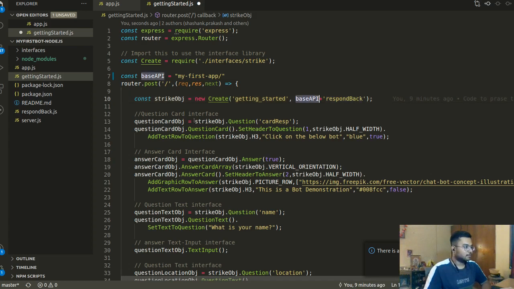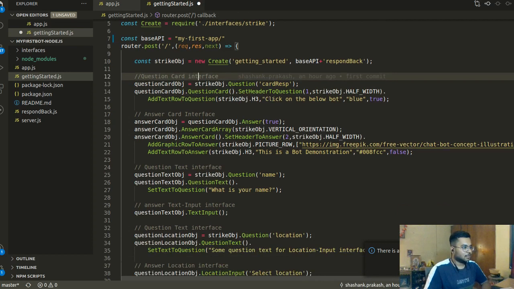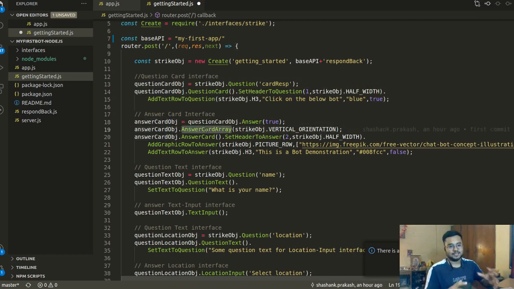In this, we are creating a question card. Here, if you see, we are creating a "click on the below bot". This is an information that says click on the below bot. This is a question card, and to this question card object, we are creating an answer card. Everything is a question-answer thing here. And again, if you want to ask a second question, you can give a second question and second answer. So this is the first question, and to the first question, we are adding an answer card